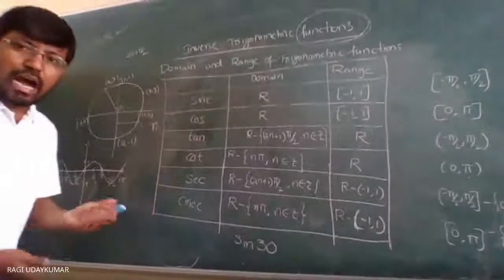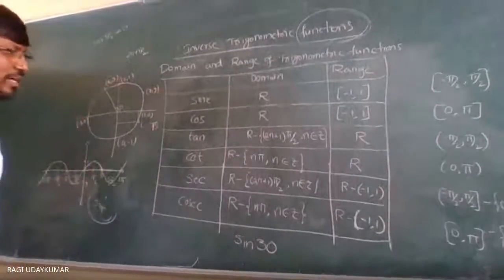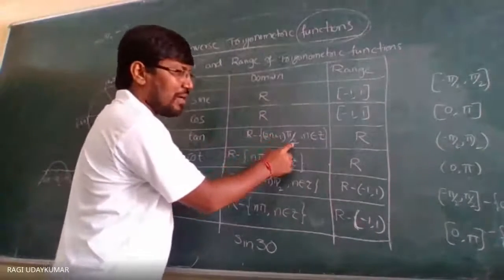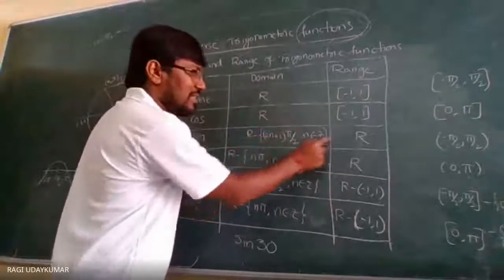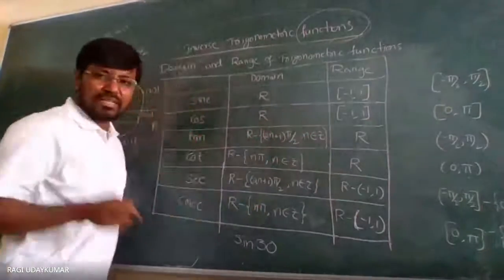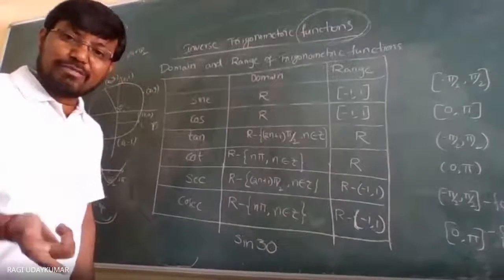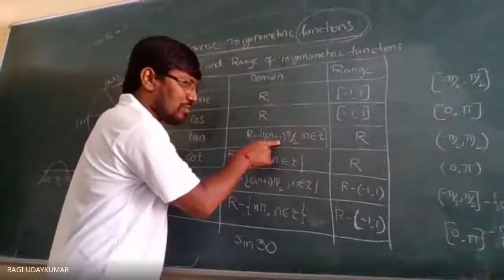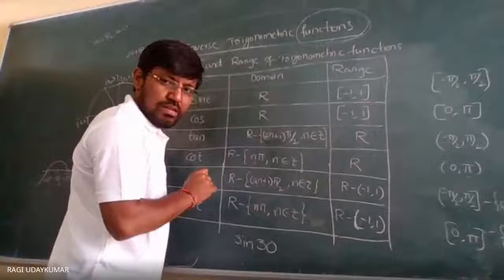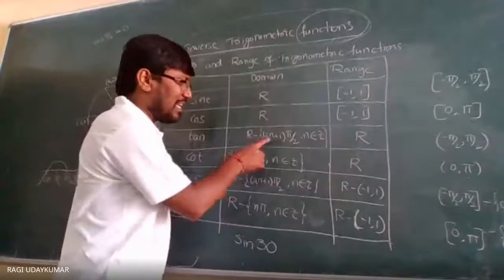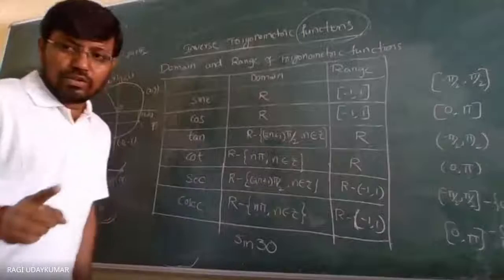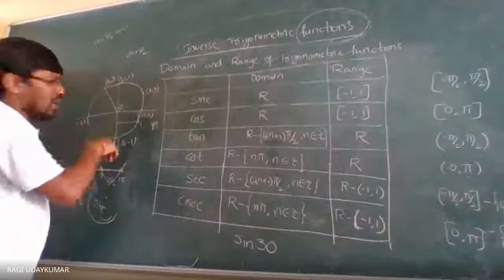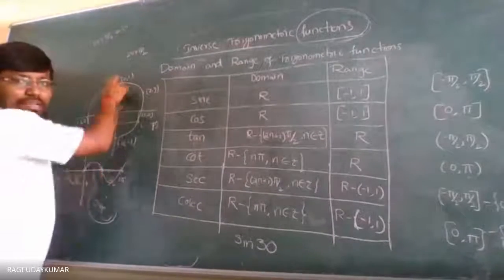Okay. Now let us move to all the domains and ranges in the same way. Whenever you consider the domain of the tan function, it is R minus (2n plus 1) pi by 2. Minus means at this place, because tan is nothing but sine by cos. Cos will not be defined in the place of (2n plus 1) pi by 2. That is nothing but pi by 2, 3 pi by 2, 5 pi by 2, because in the place of n, if you take 0, you get pi by 2. At those places, cos will be 0.